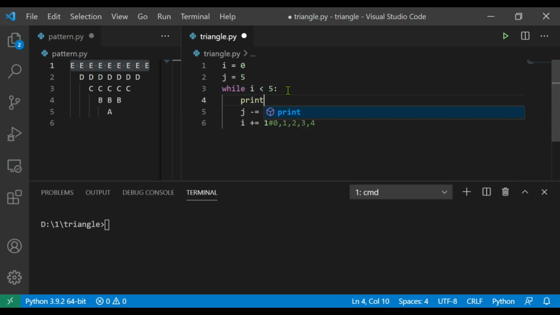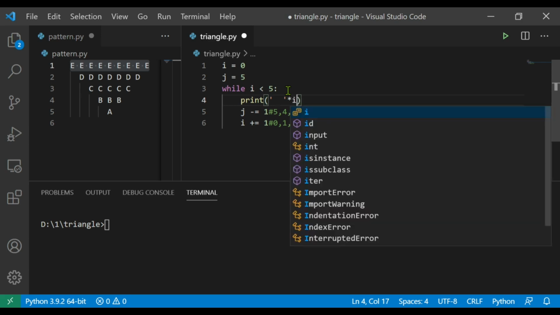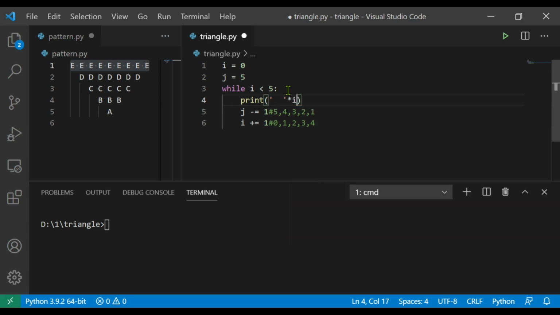So let's print the code. Here every line begins with space characters. Here we are going to combine two spaces, multiply by I, which is going to give us 0 spaces, then 2, then 4, then 6, then 8. Those space characters are appended with